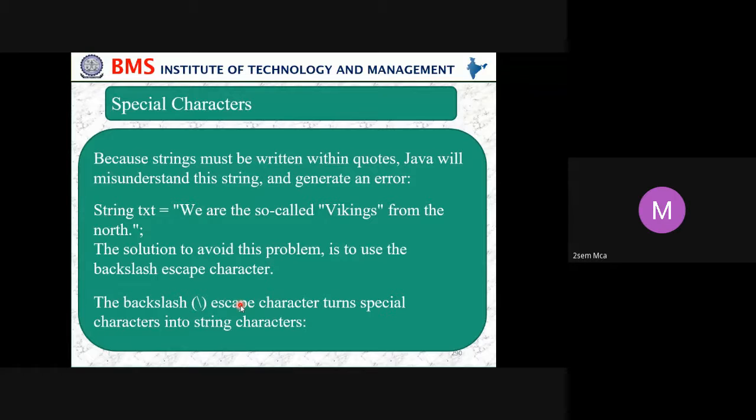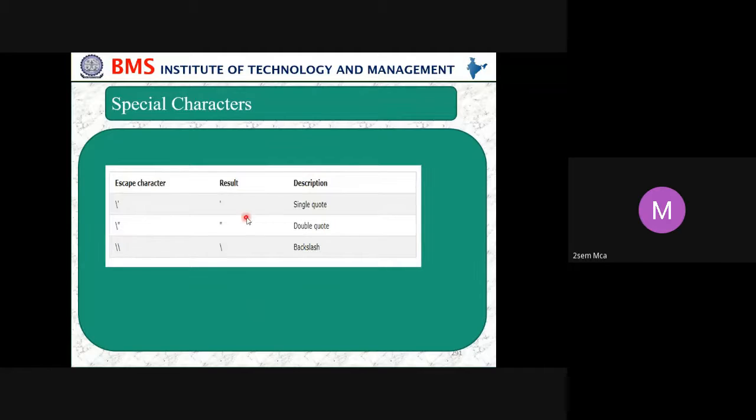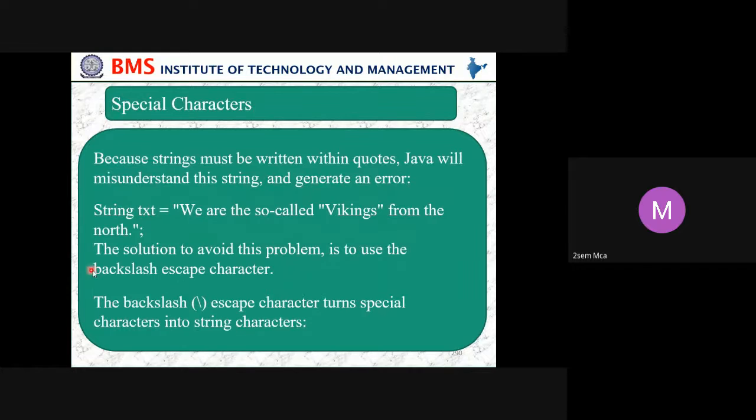We have some special characters in strings. If you want to represent a single quote like this in the result, then you have to use a slash, and you have to see which slash, the specified backslash. You should know what a backslash is and what a front slash is. On our keyboard there are two slashes.